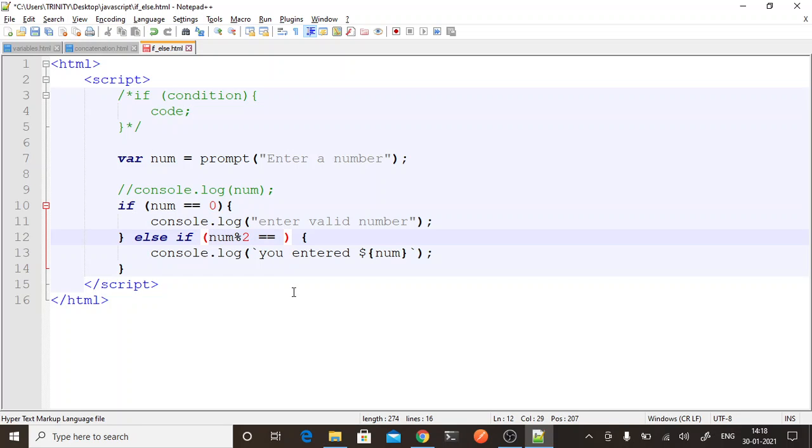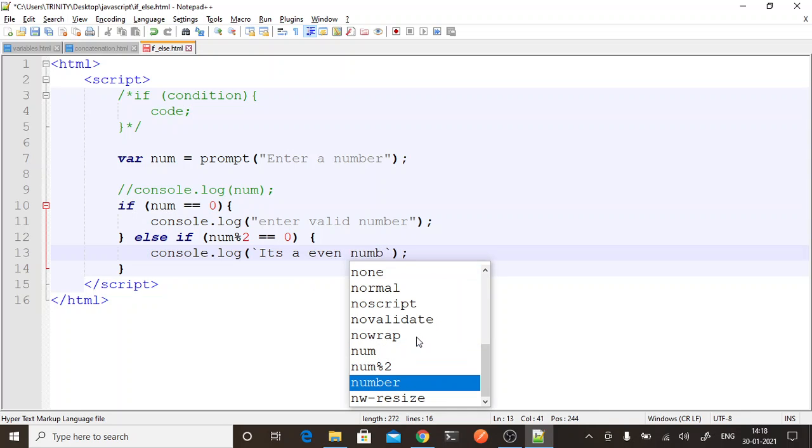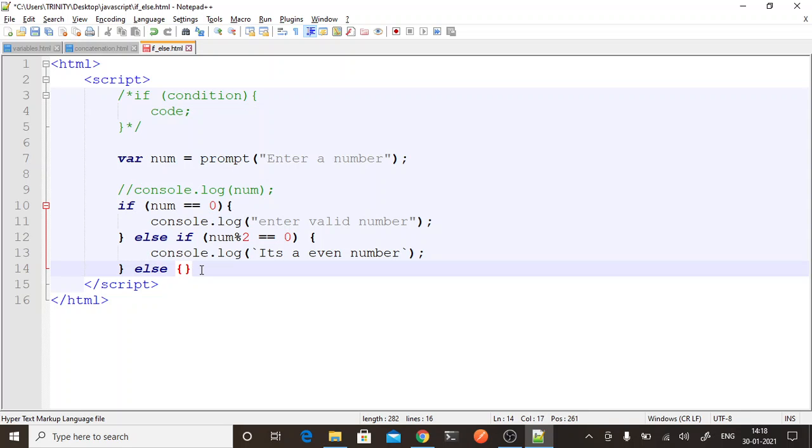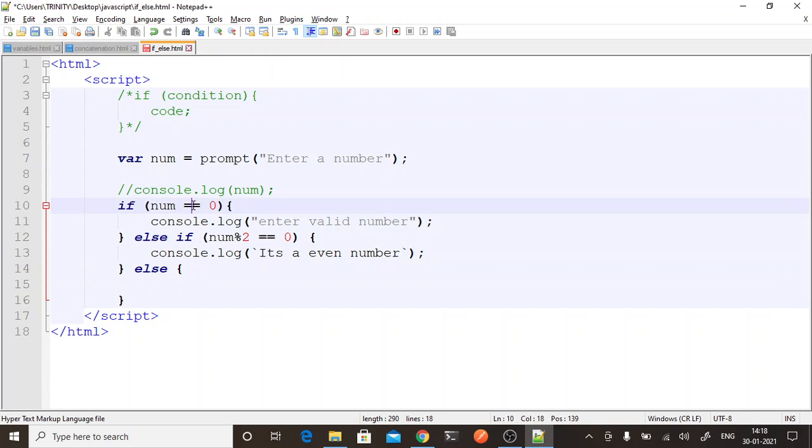If it is true, the remainder equal to 0, then console.log it's an even number. Else at the end, if it is not an even number and it is not 0, then you don't have to check a condition directly.